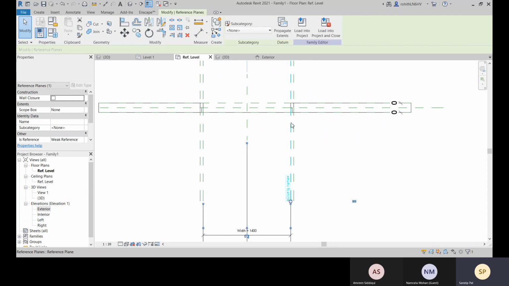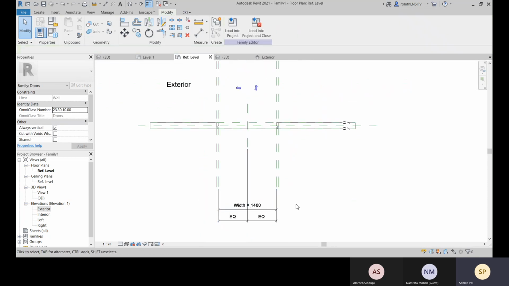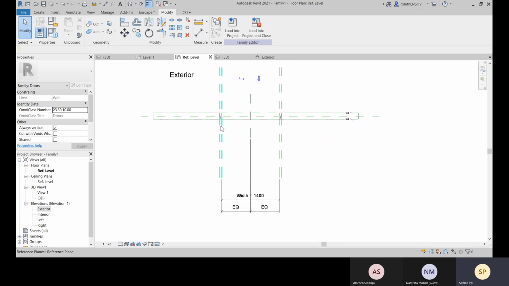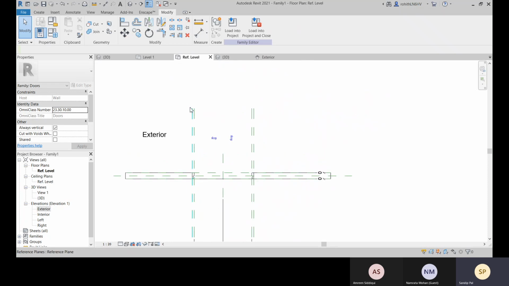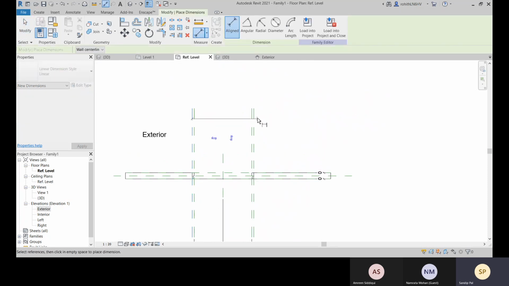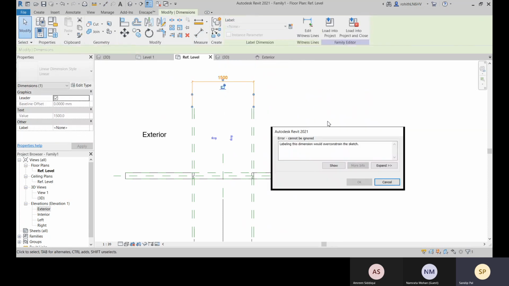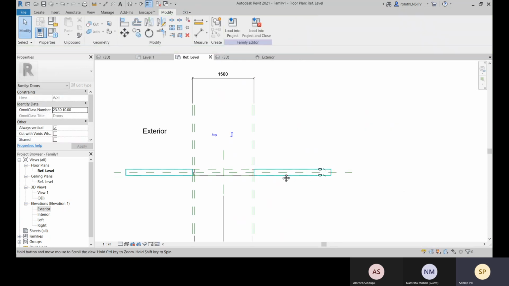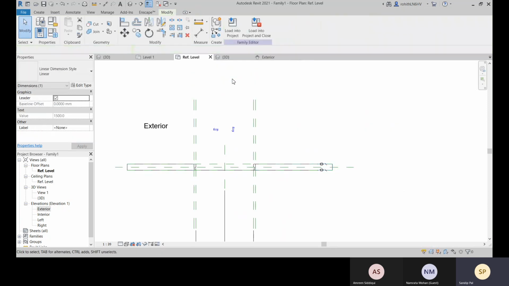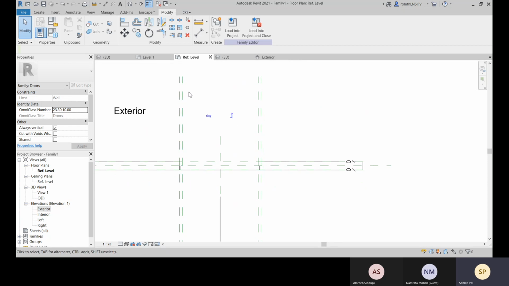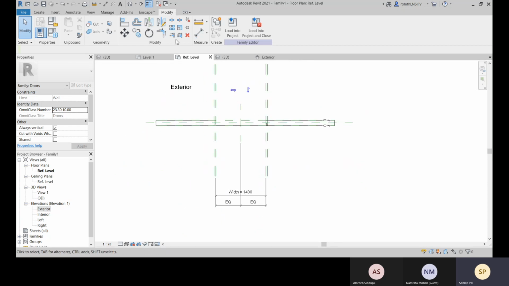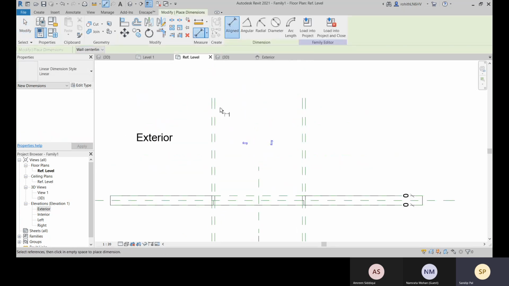So for that, if we cannot give this as a rough width, that will be the problem. Cannot give it more. What is the problem there? Okay, now let me see if you can give the door jam also or not.